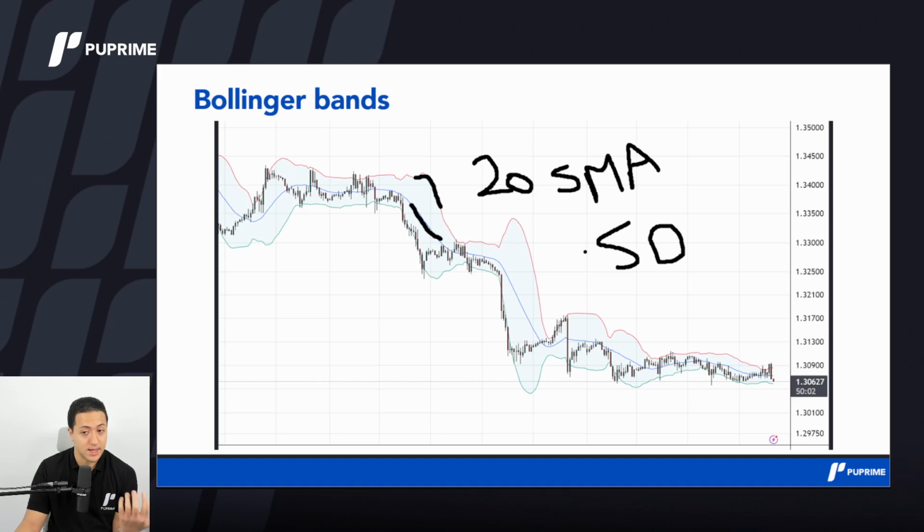Maybe not today, but we add two standard deviations to price to have the upper band, and we subtract two standard deviations from the moving average to get the lower band. So simply, the Bollinger Bands is a moving average in the middle plus two standard deviations minus two standard deviations, and we have our band that follows price, because the moving average follows price, okay?